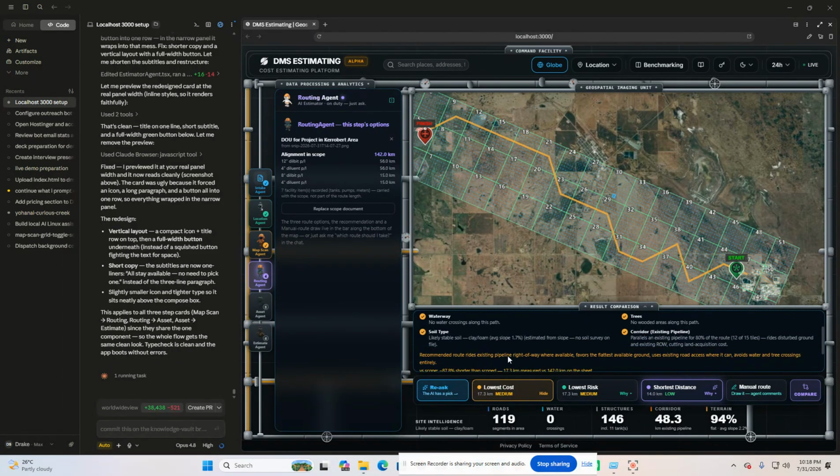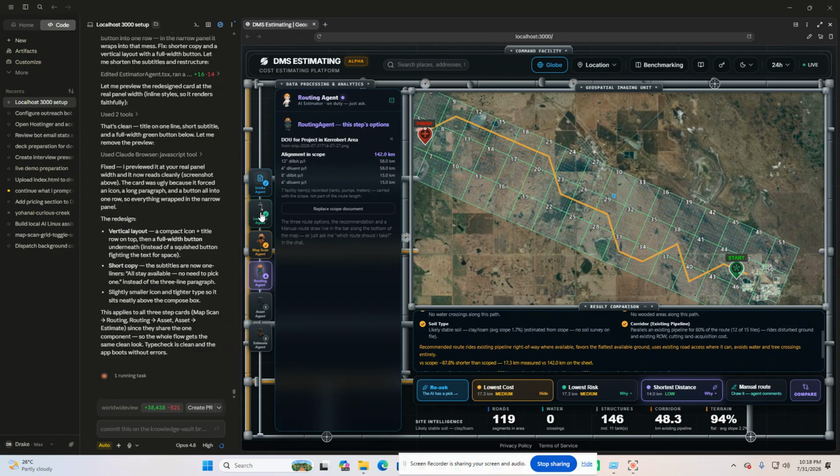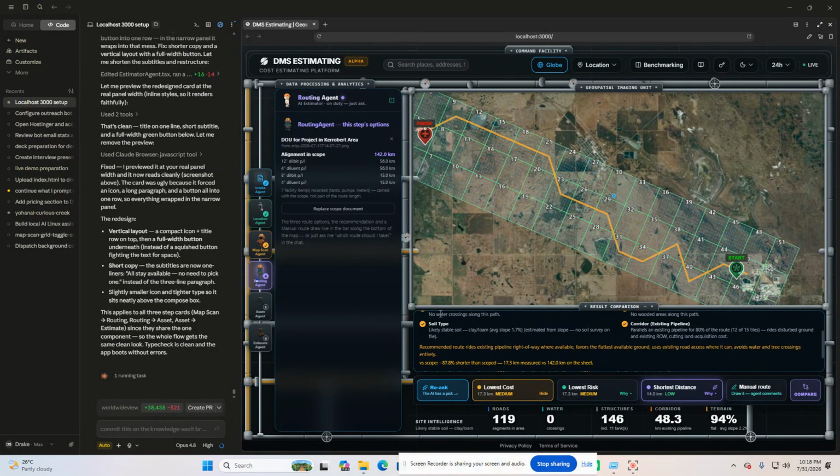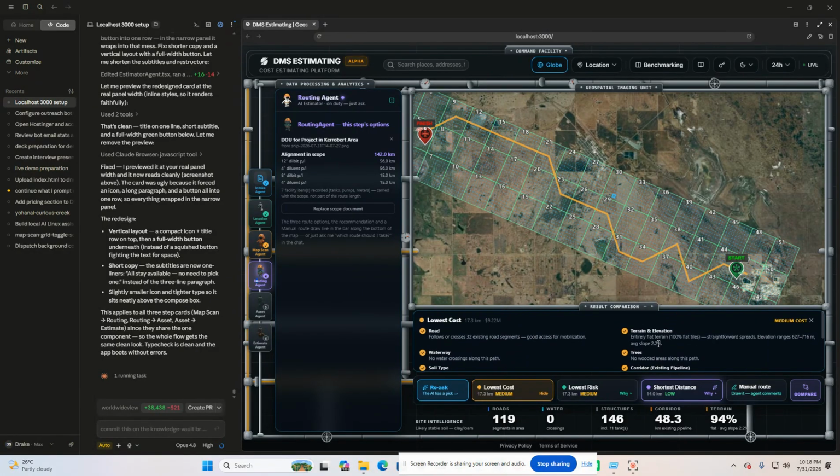Actually, lowest cost based on all the agents, for example, location, map, MapScan agent. So it based actually right here, and then it came up with this kind of routing. I'll try to make a rule, Tito Noel, based on your explanation earlier. It should be like, it's possible it's going to be straight. Yeah, and remember I told you in the past that usually it follows existing pipeline route or railroad lines or transmission lines, right?